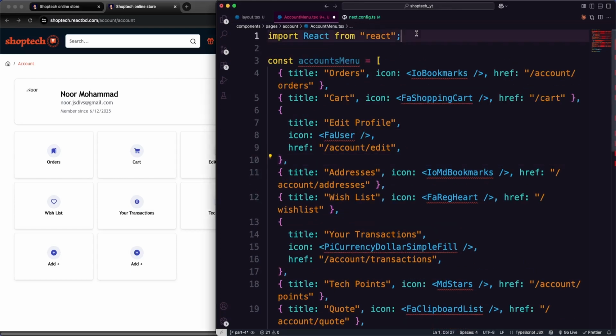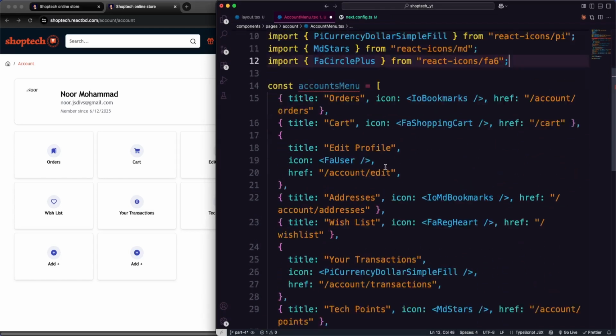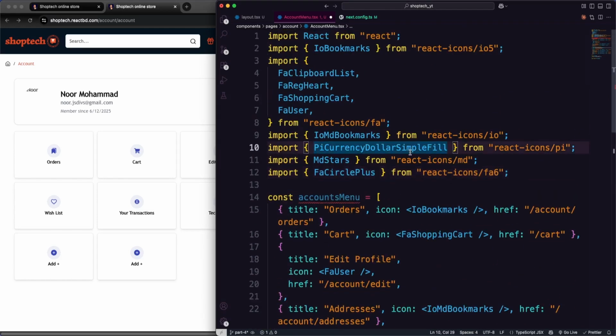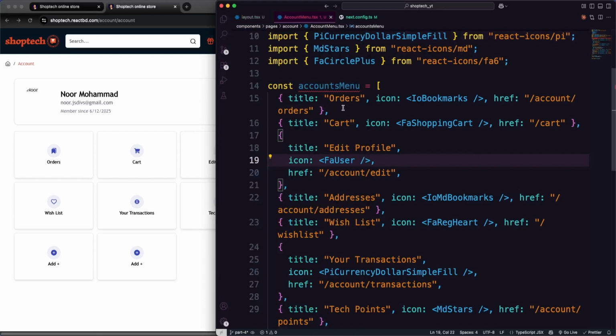So first of all, I'm going to get the icons from React icons. I think those are all the icons I'm using. Now what we are doing, as you can see, that's the value. So that's the one which I'm adding right here. So just putting an icon, a title and an href. So first the title is orders, and the icon is the IO bookmarks icon. Href should be